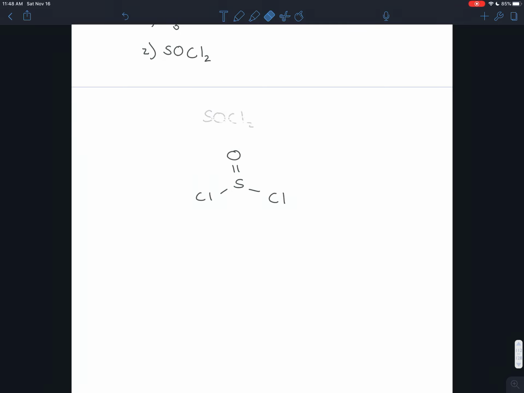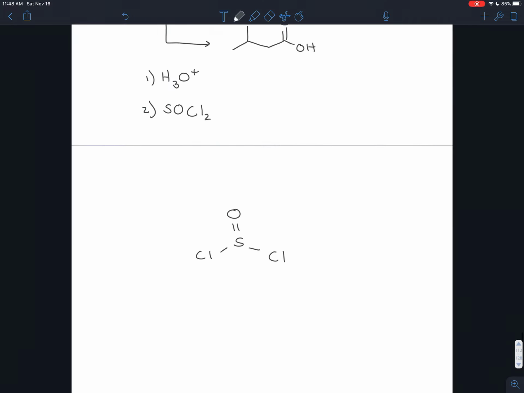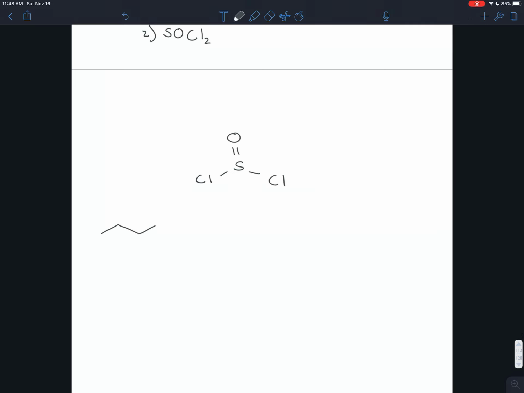And you'll see that this really resembles a carbonyl, right? It almost resembles an acid chloride. You just have a sulfur where you would otherwise have a carbon. So if you have your carboxylic acid here,